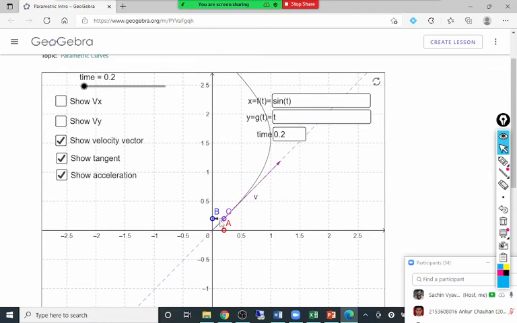Now, can you see the acceleration? Can you see where the direction of acceleration is? Yes, anyone? The particle is at point A here, or point C. What's the direction of acceleration? Coinciding with V? Yes, actually it is, but it is parallel to the x-axis, or towards the y-axis there.